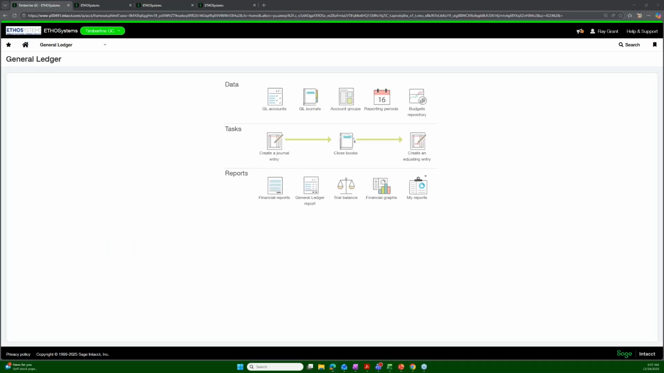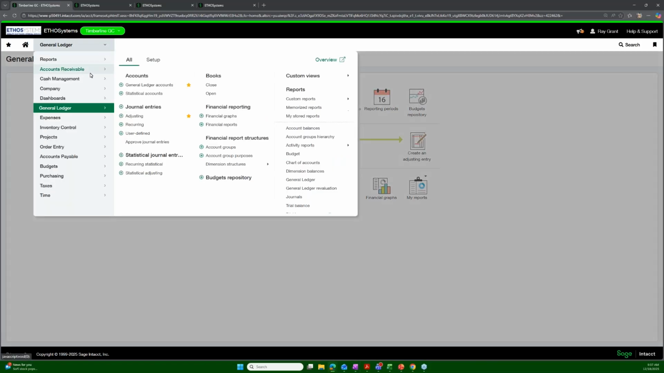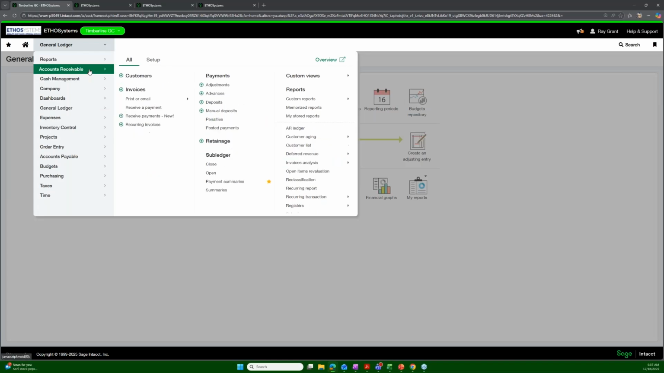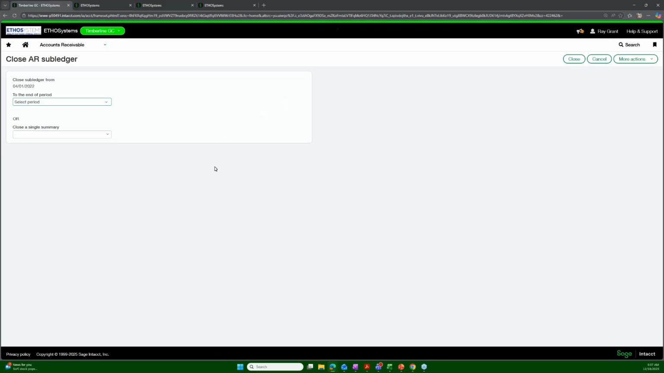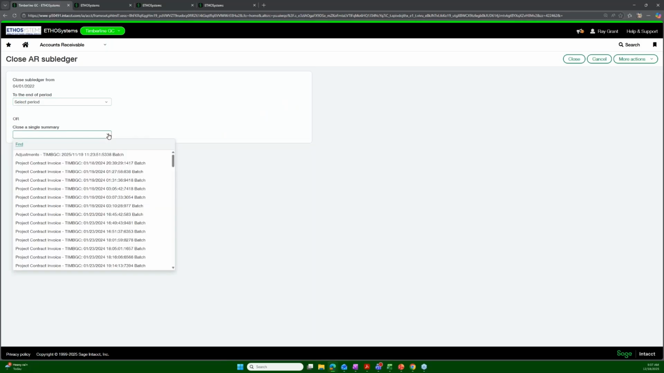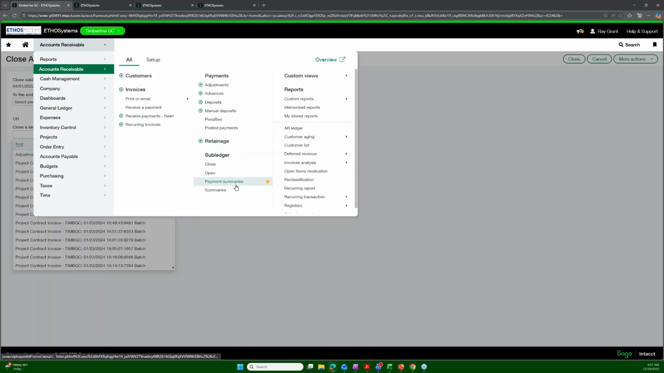The next thing I wanted to show you here too, the opening and closing overview. Also, let's take a look at how we close those summaries. I should have done that while I was in there. We'll go into AR on this one just so you can see that we have, right? Close, open, payment summaries and summaries. Okay, so that is extremely helpful because there's just times that, you know, we want to be able to close those options. Let's just take a look